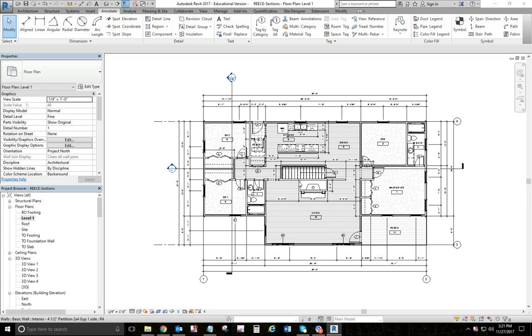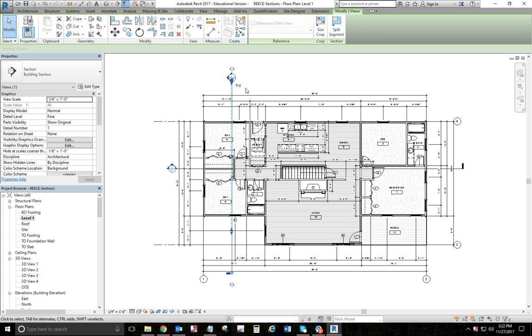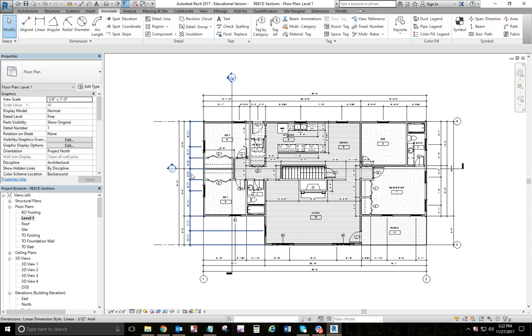All right, let's look this week at building sections. Starting here off my floor plan, I've got my two cutting plane lines that we have put in before. If you have not yet, you want to pin these things in place so that they don't move. You want to get them in the right location. And if you remember,